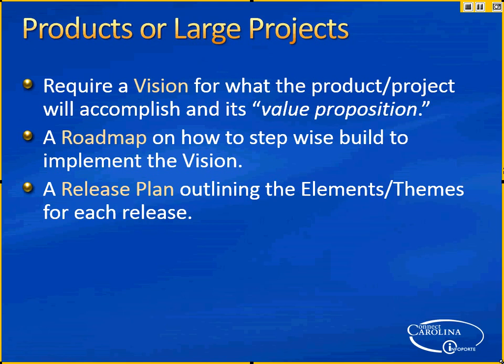If you're out in the marketplace, what do I want this product to be and to accomplish? A broad vision for this product. There needs to be a roadmap that says, this is how I'm incrementally going to get there. It could be, in the case of a product, I'm going to get to this, but I'm going to get there through this